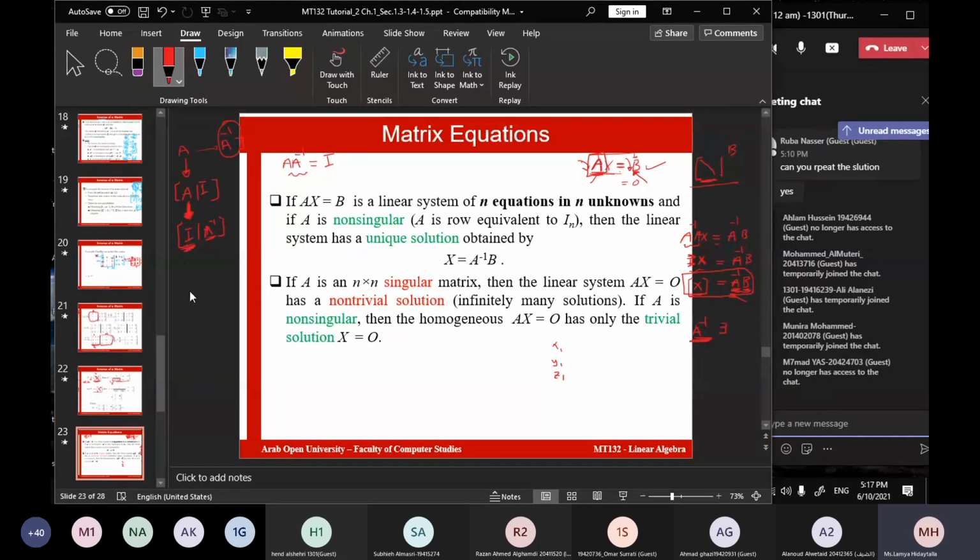It means this part, which is A, when I reduce it to the echelon form, is going to be in this form. So if it were 3 by 3, it's going to be like 1 0 0, 0 1 0, and then 0 0 1. And here in this part, I will have,